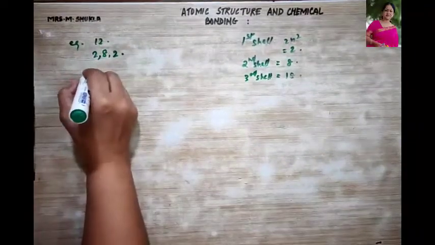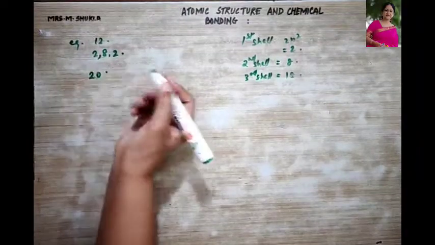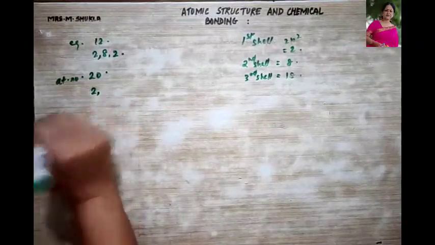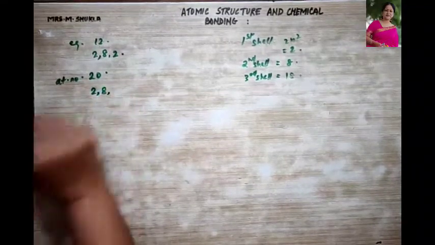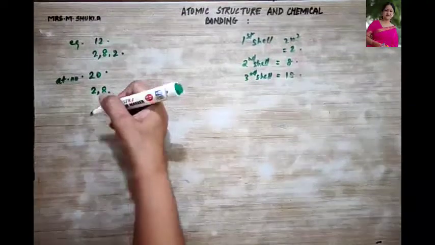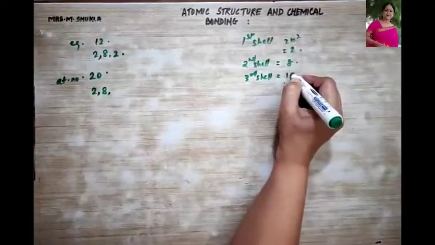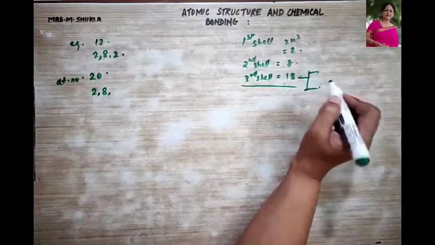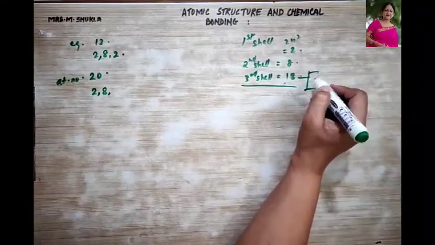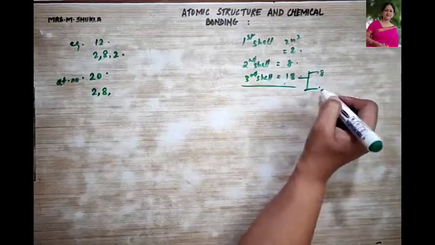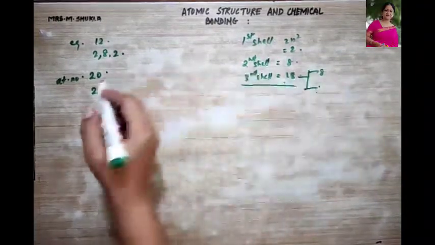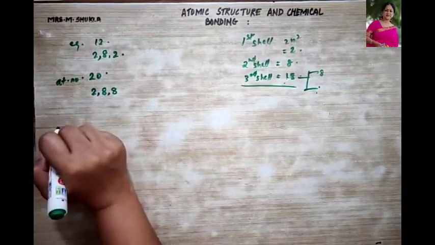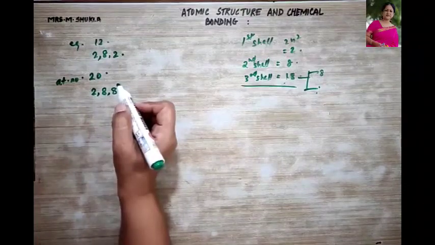Let's take another example like 20. Atomic number is 20. Configure 20. So 2 goes to the first shell, 8 goes to the next shell, that is 10. Now the third shell should be 18, but you are going to learn in the bigger classes that the third shell is divided into 2 parts. So the first part will contain 8 electrons only, and then they will move to the 18 electrons. So in the third shell here, 2, 8, it will again take 8 electrons. How many are left now? 2 more are left.